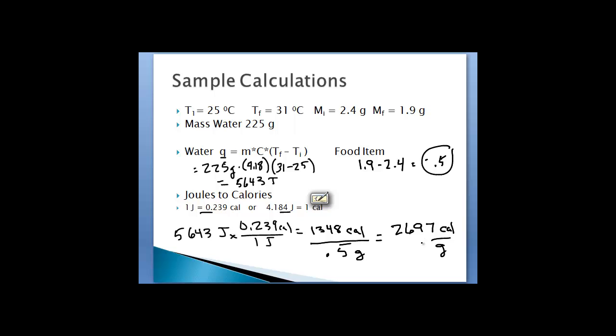What you're going to do here, and we'll talk about why in class, you're going to take your decimal point and move it over 3 places. So whatever answer you get, move the decimal over 3 places to the left. So that's basically, if you rounded, 3 calories per gram, which is pretty darn close to either a carbohydrate or a protein. So anyway, you'll do these calculations for all 3 of your food samples, and then you need to